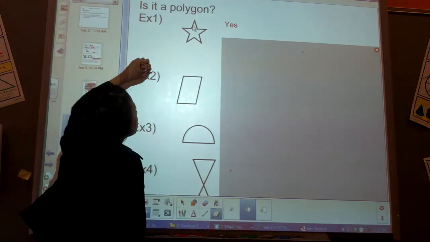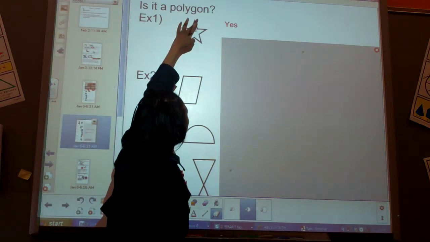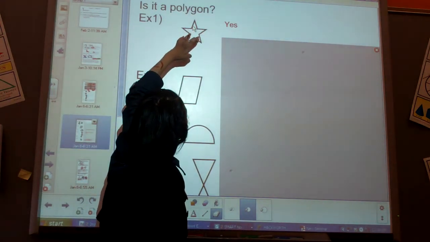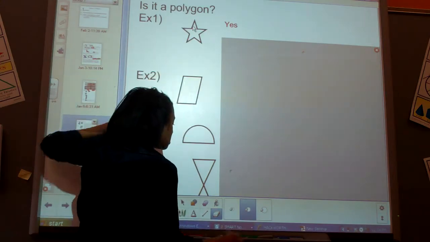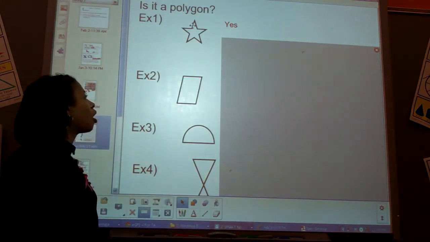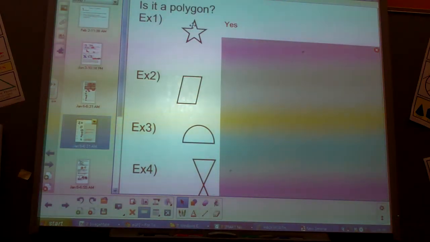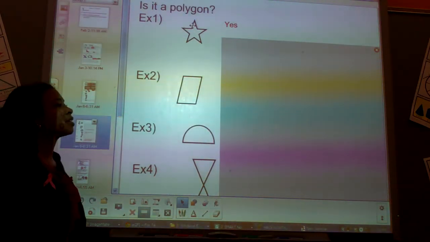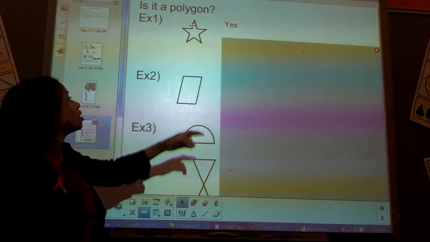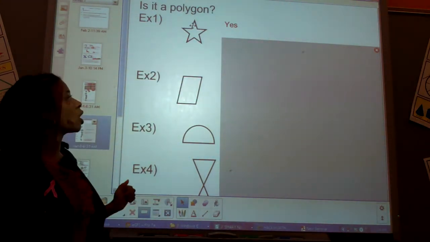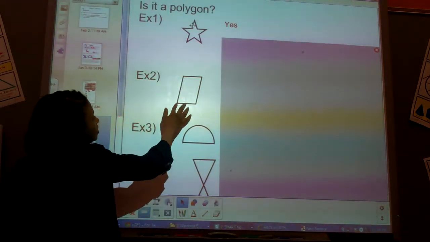How many sides on there? 1, 2, 3, 4, 5, 6, 7, 8, 9, 10 sides. So what do you call a 10-sided polygon? And that's going to be a decagon. So this will be called a decagon, even though it's a star. Next here we have